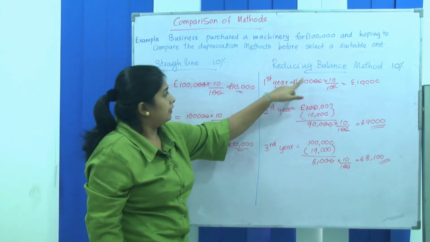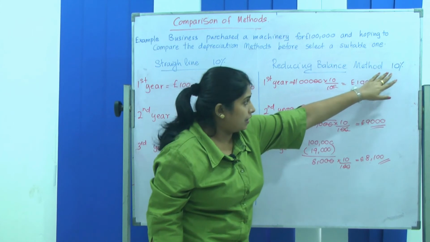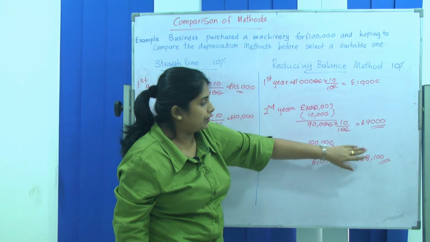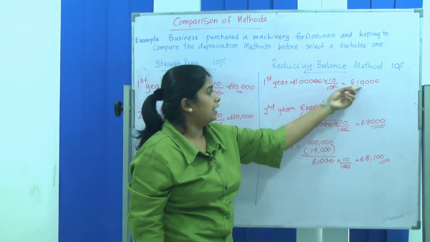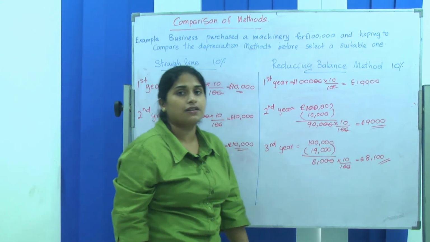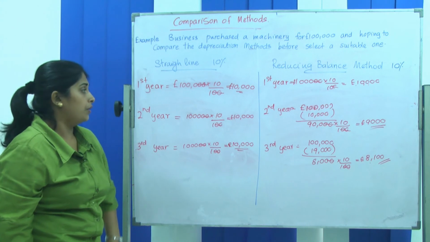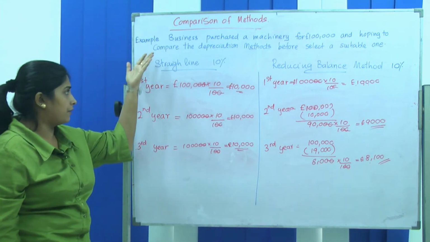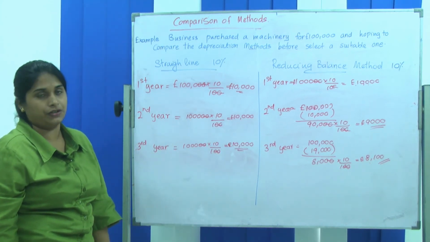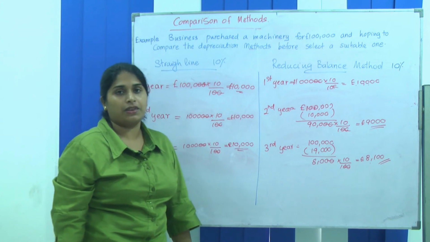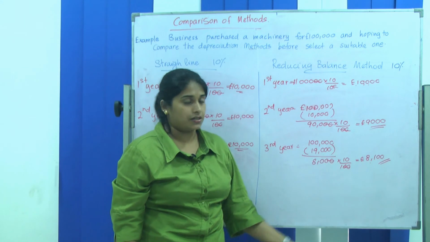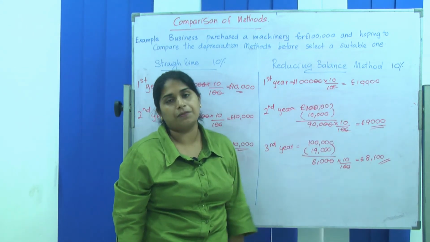Okay. Then reducing balance method, still the same percentage, but the depreciation charge for the year reduces annually. Earlier it was 10,000, the second year it was 9,000, and the third year it has decreased to 8,100. So if you compare, you will be able to see the difference. Straight line method, the depreciation charge won't change even though it's the 10th year of usage, but reducing balance method, the depreciation charge decreases annually until it becomes 0.